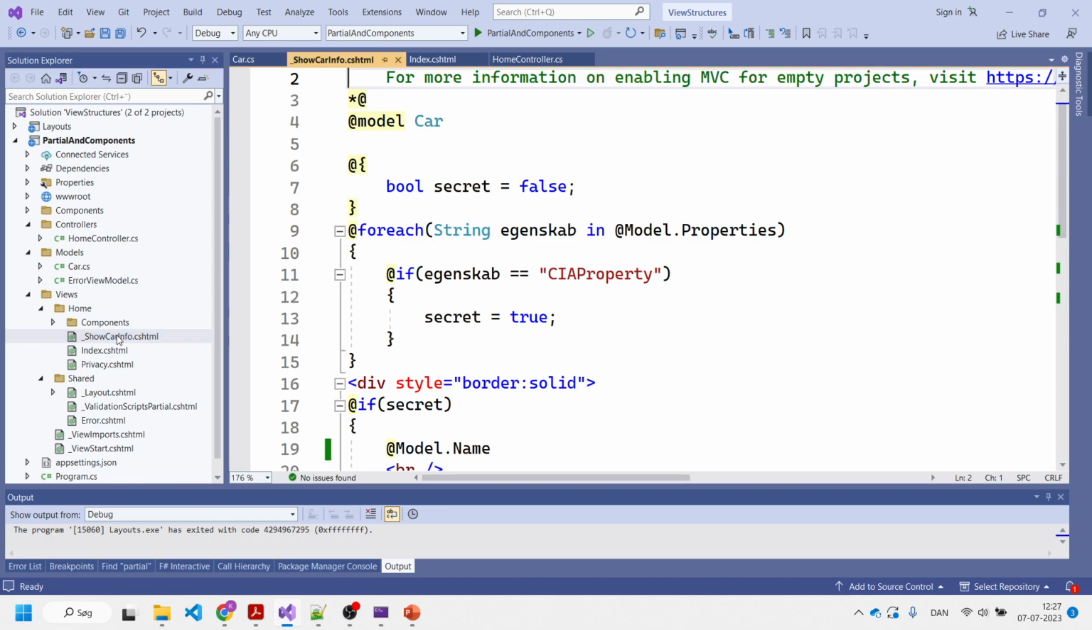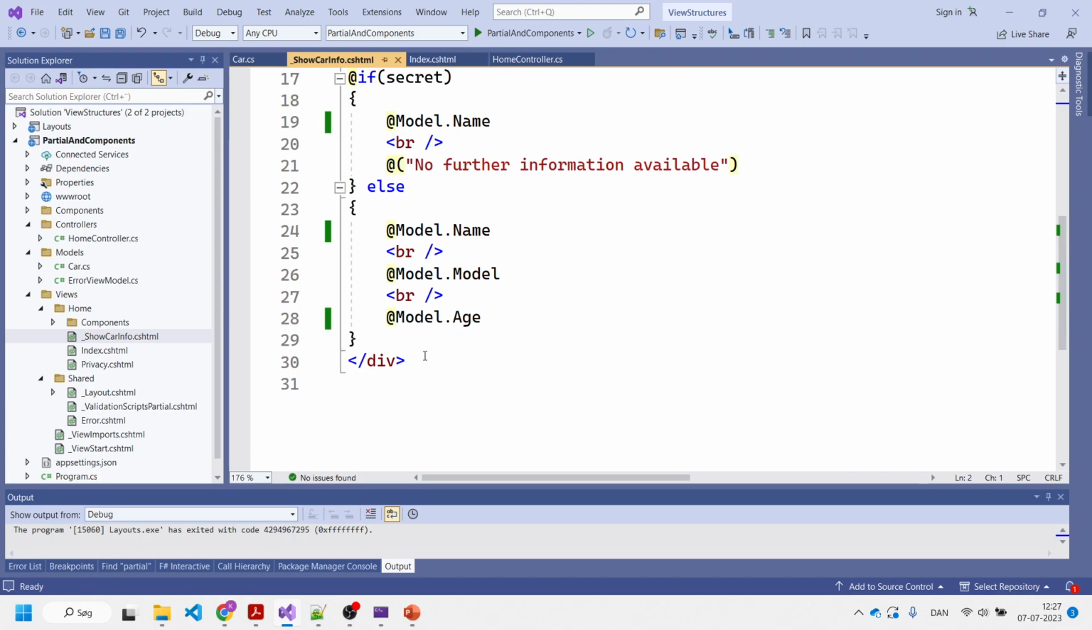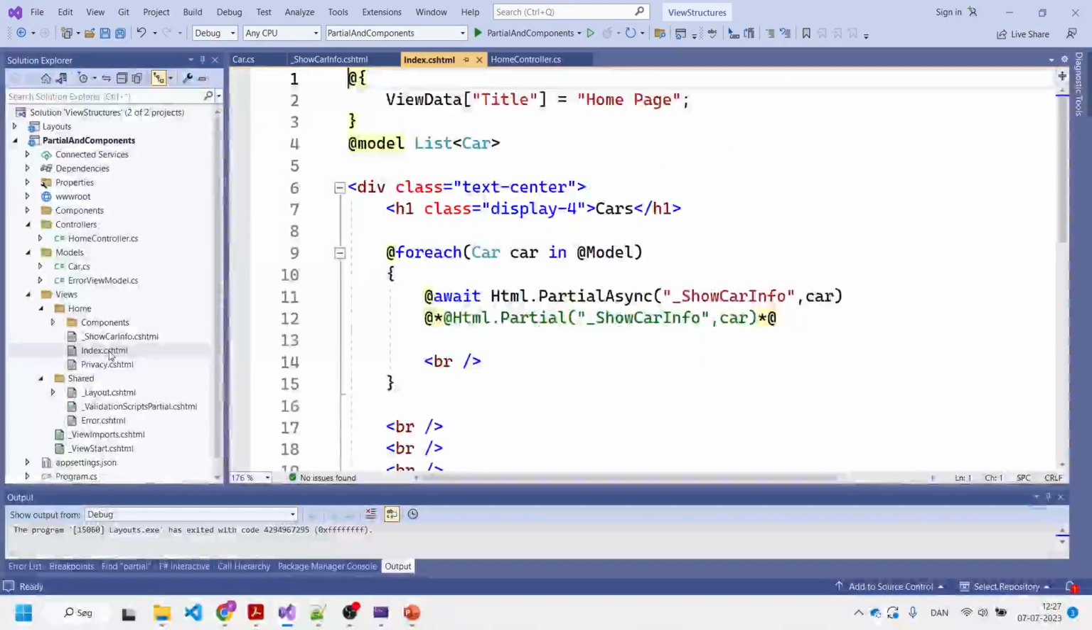So what I've done is put this into what is called a partial view. You can see by the underscore, _ShowCarInfo. I could show this independently, but that would not make much sense. What I am doing is including it in my index view, which has as a model a list of cars. So I loop through my list of cars, and for each of them, I render this view